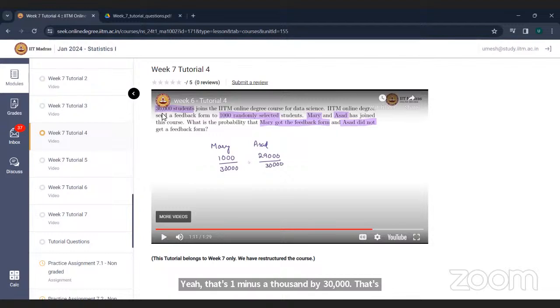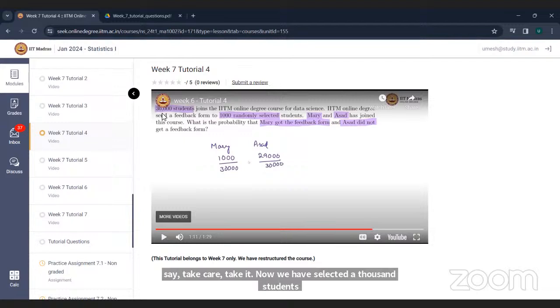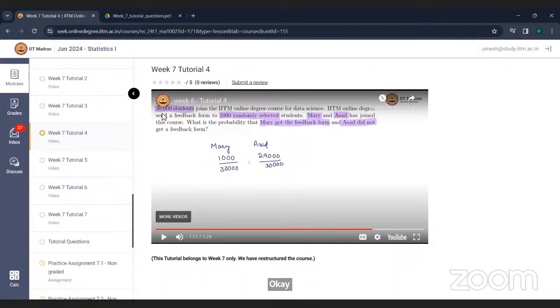हाँ, गॉट इट। Okay. सर बट इसमें मैंने एक थोड़ा सा अल्टरनेट अप्रोच लिया है। मैंने क्या बोला कि मेरे पास सैंपल स्पेस है 30,000 स्टूडेंट्स का। उसमें से एक मेरी है। कंसिडरिंग हमारे पास 30,000 स्टूडेंट्स थे, उसमें से एक मेरी थी, एक असद था। नाउ वी हैव सिलेक्टेड 1,000 स्टूडेंट्स, तो अब हमारा स्पेस 1,000 स्टूडेंट्स का बन गया। अब हम कह रहे हैं कि टोटल नंबर ऑफ सैंपल स्पेसेस कितने होंगे जिसमें मैरी होगी। लेकिन मैरी 30,000 में एक ही थी।